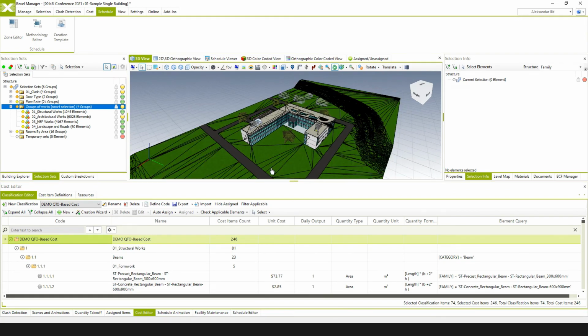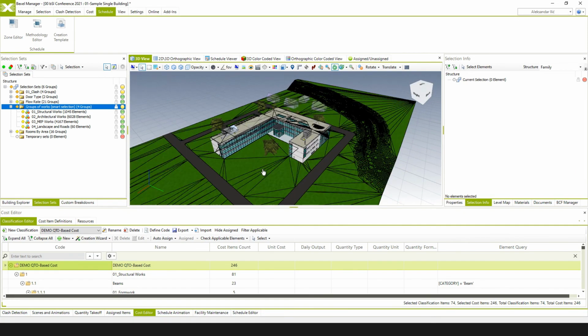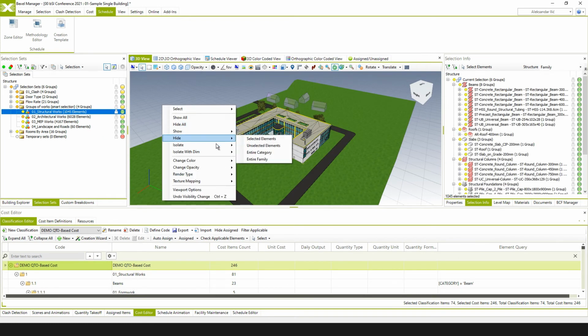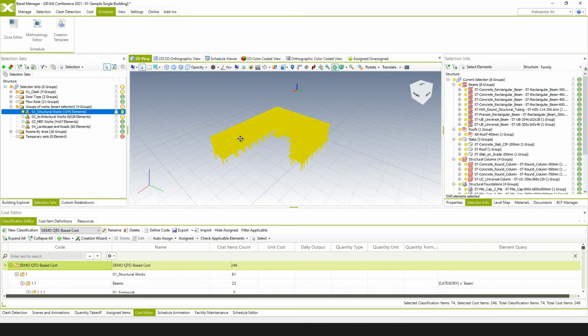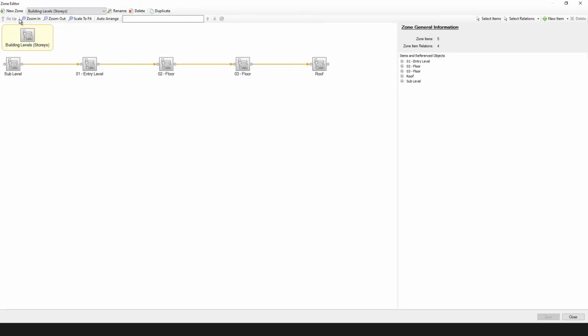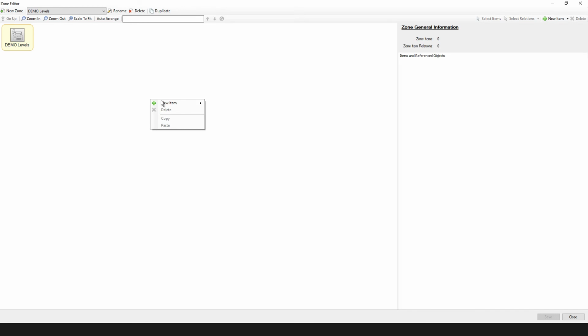And now we're going to create the zones. What does this mean? Well, we have created the logic, or the work sequence, for structural works on this project, but we haven't created a spatial structure for this model. That means that we also have to create the logic of works execution in terms of space. For instance, we have to define building stories or building levels. So in this case, I'm going to just create a new one, demo levels, and we're going to simply